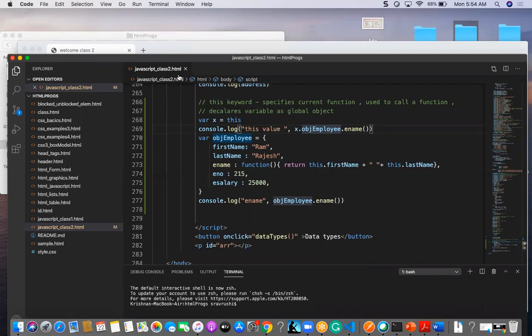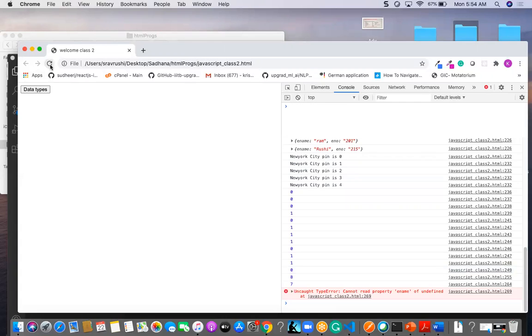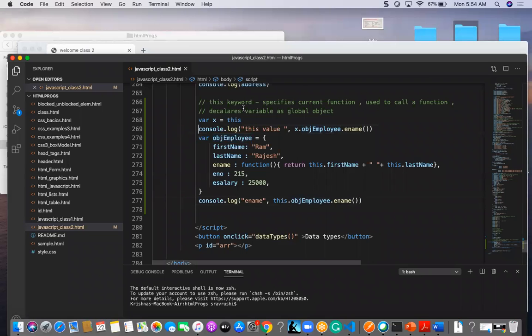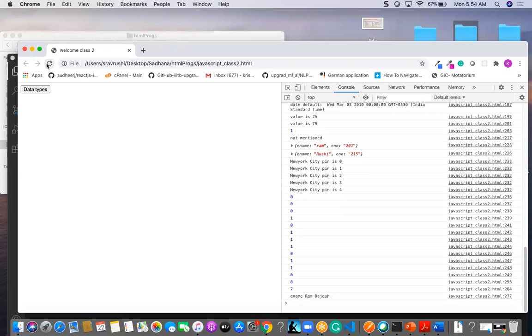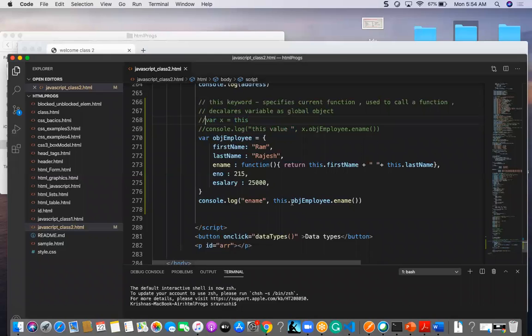So I will make one thing, I am going for choosing this option. Okay, one second, I think it is failing here. Now you will find Ram and Rajesh, and with this the employee and email.